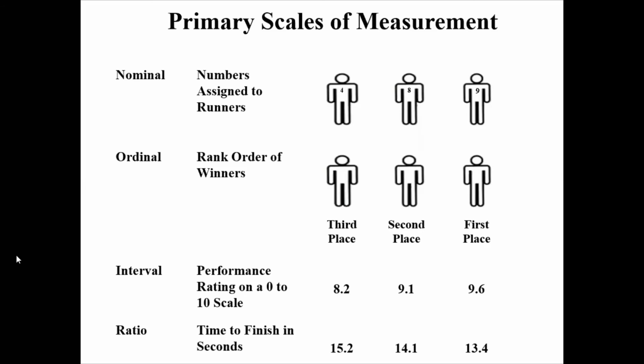But there is no equal interval between the first and second and third, because the first candidate may score 95 and the second candidate may score 94. The difference is only 1, and the third candidate may score 50 and the difference is 40. So there is no equal interval between each candidate. Therefore we cannot use the difference also, or we cannot say that the first candidate is 3 times better than the third candidate. And the next one is interval scale.